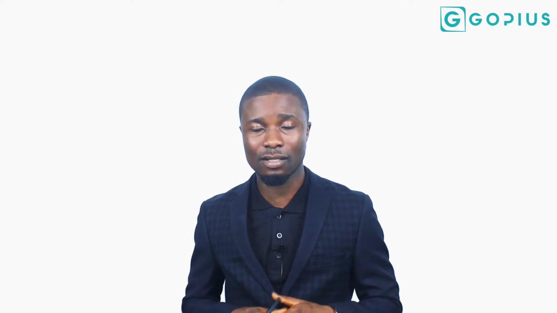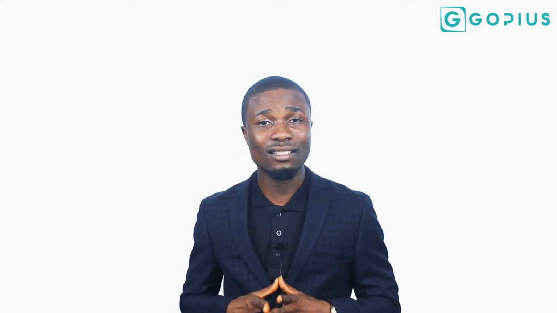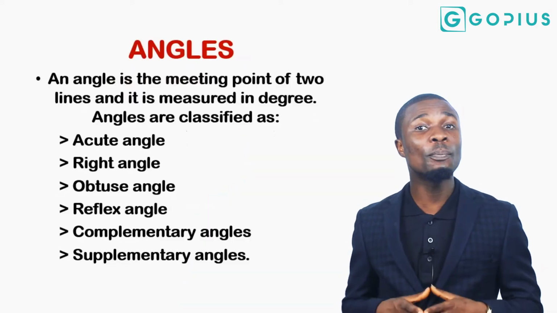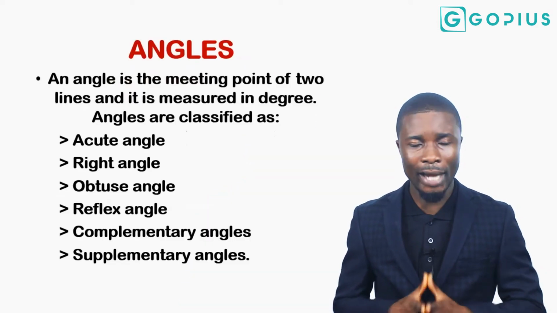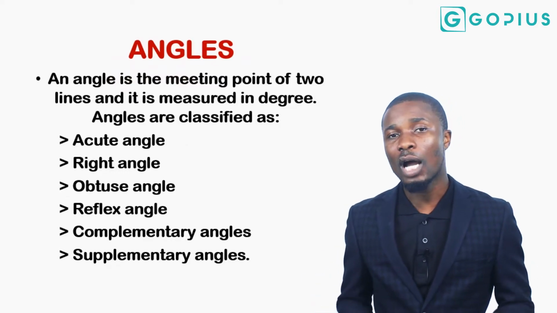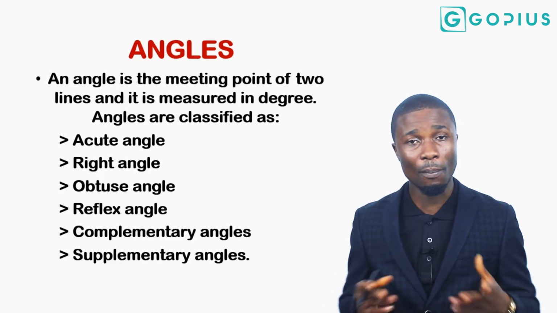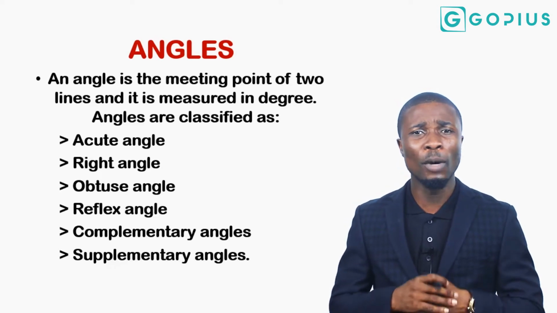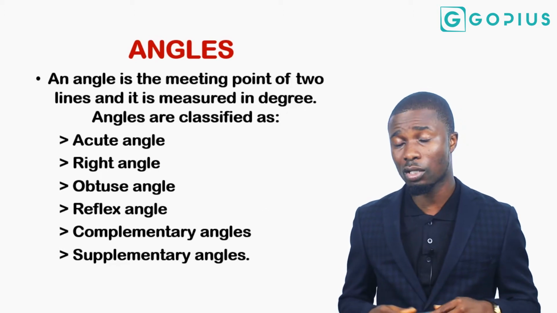Alright, now when we talk about these shapes, they of course have the sides and also the corresponding angles. Now whenever two sides meet, an angle is formed. So an angle is the meeting point of two lines. Now these two lines are sides of a particular shape, and when they meet together some way, somehow, we call them angles. And of course in geometry, most importantly, we discuss a lot about angles and what we are